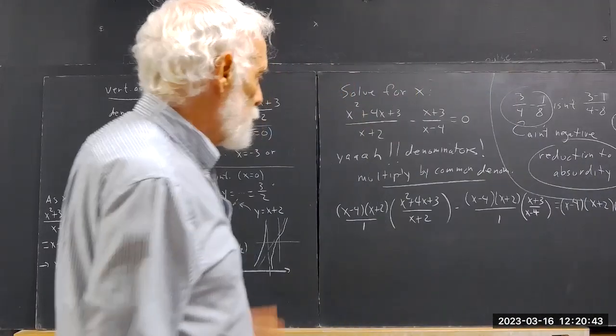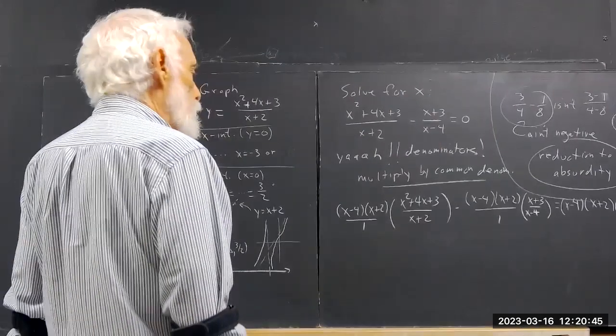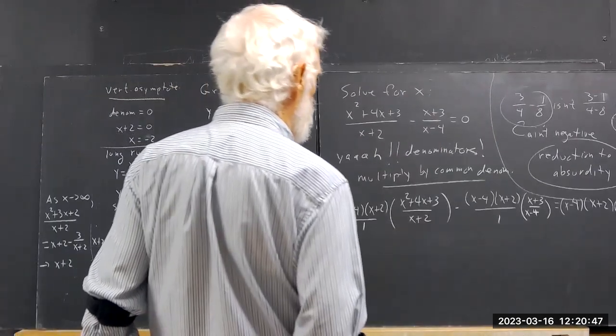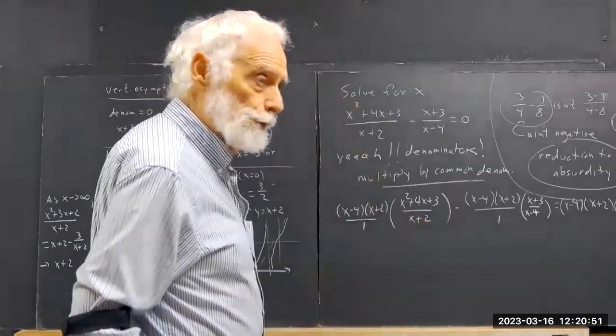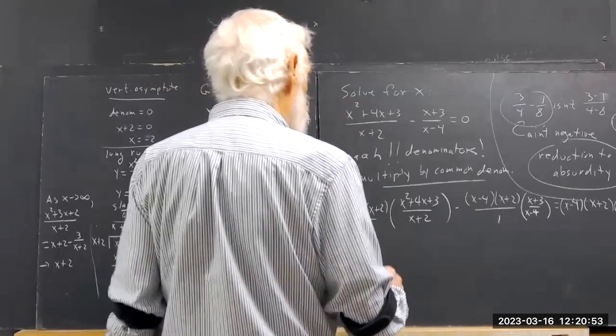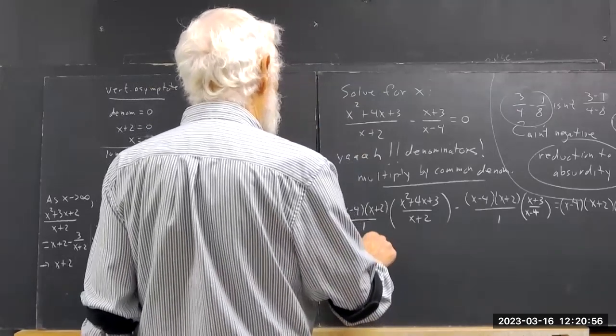So now I've multiplied every term by x minus 4. The x plus 2 and the 1 could switch positions because of the way fractions multiply. See, the x plus 2 goes away. You end up with x minus 4